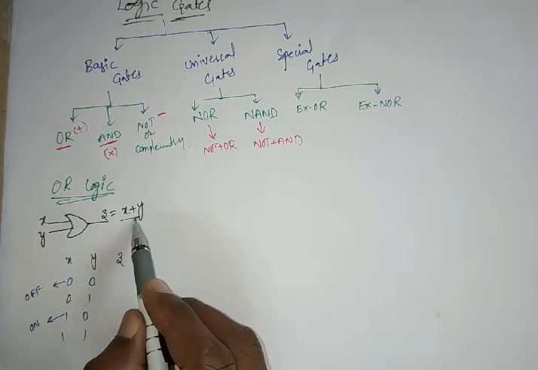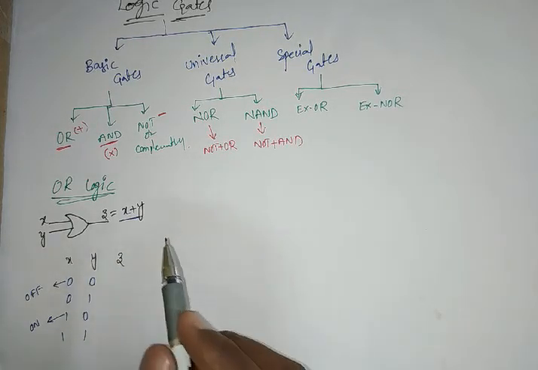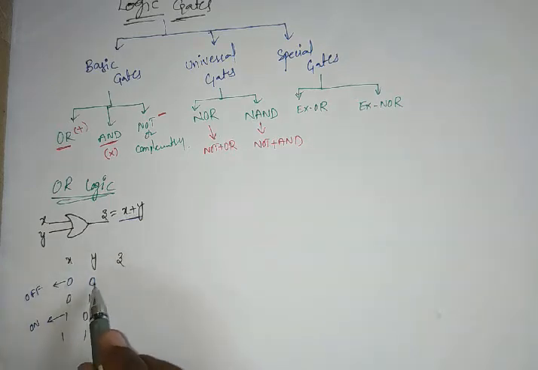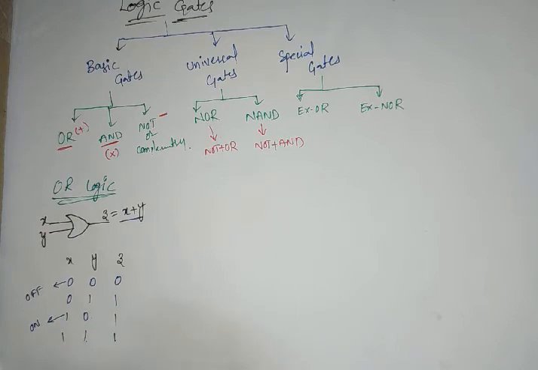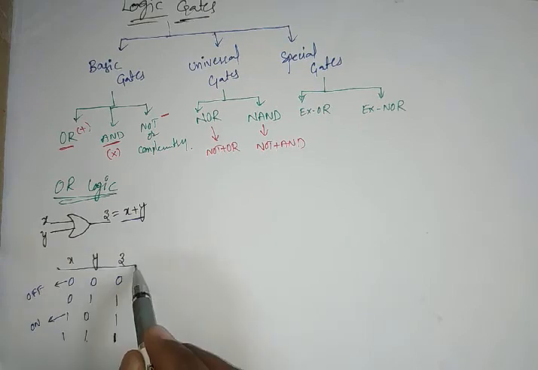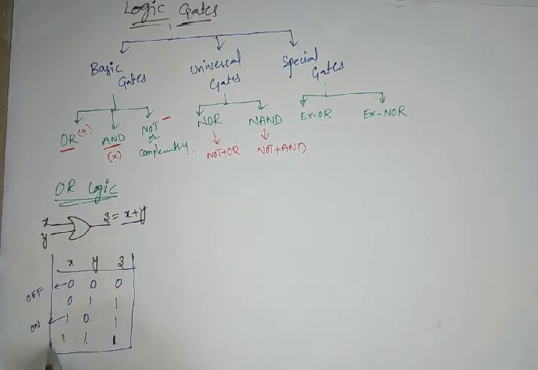According to this summation or addition logic, 0 plus 0 is 0, 0 plus 1 is 1, 1 plus 0 is 1, and 1 plus 1. Here we consider 1 plus 1 as 1 only. In general 1 plus 1 is 2, and if you have a carry added to the next, then we can consider the sum as 0, but here there is no further function, so the sum is 1. So this is the truth table representation for the OR logic.